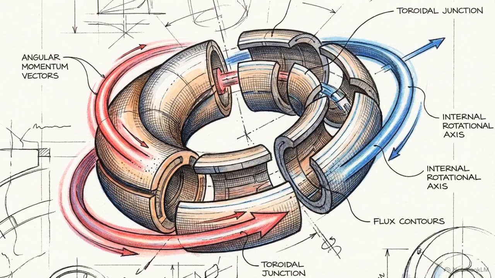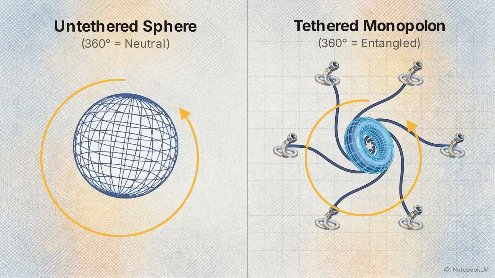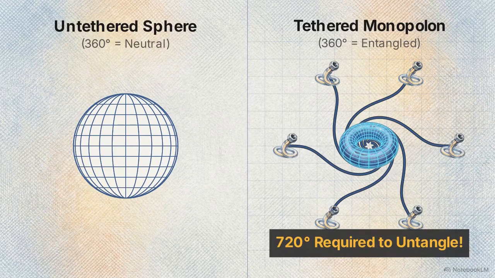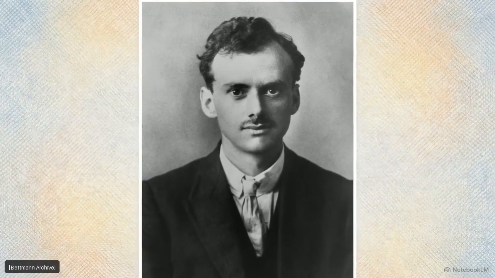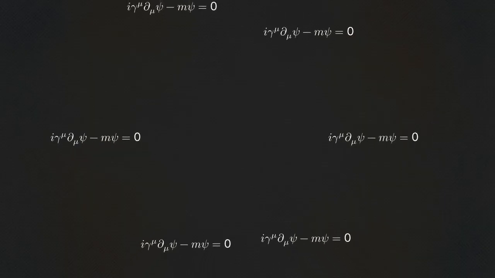Geometry also dictates the behavior of quantum spin. While a standard sphere returns to its original state after 360 degrees, the electron requires a 720-degree rotation. When Paul Dirac first modeled the electron, his equations pointed toward the existence of internal nodal structures. Dirac mistakenly collapsed these structures into point singularities, infinitesimal locations where the physics appeared to break down.